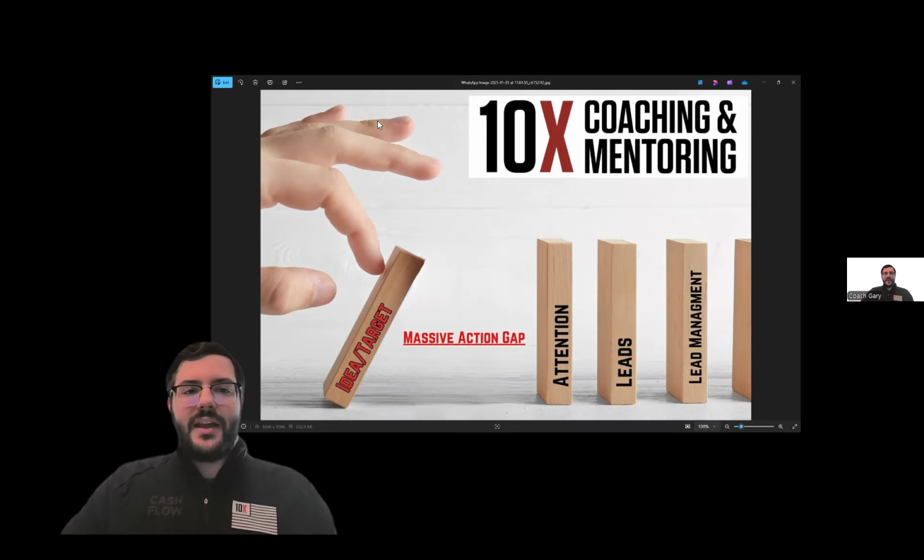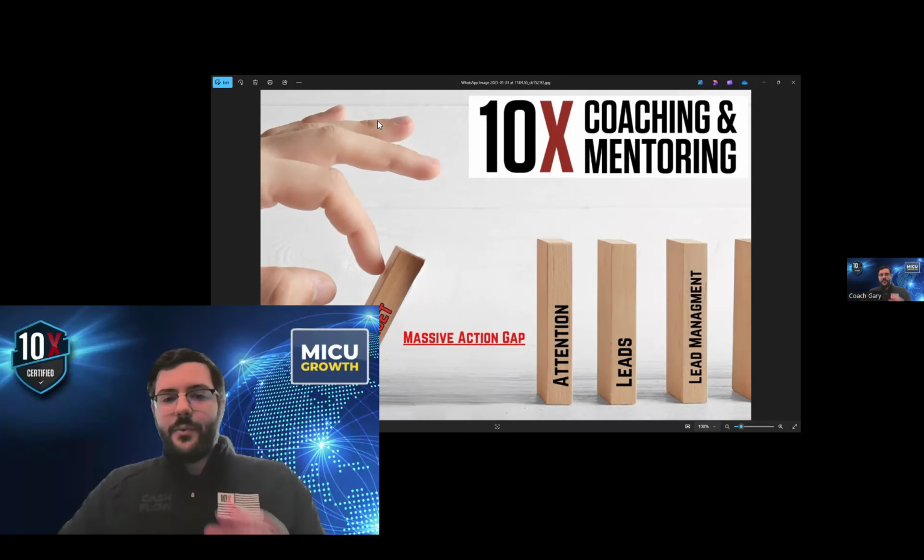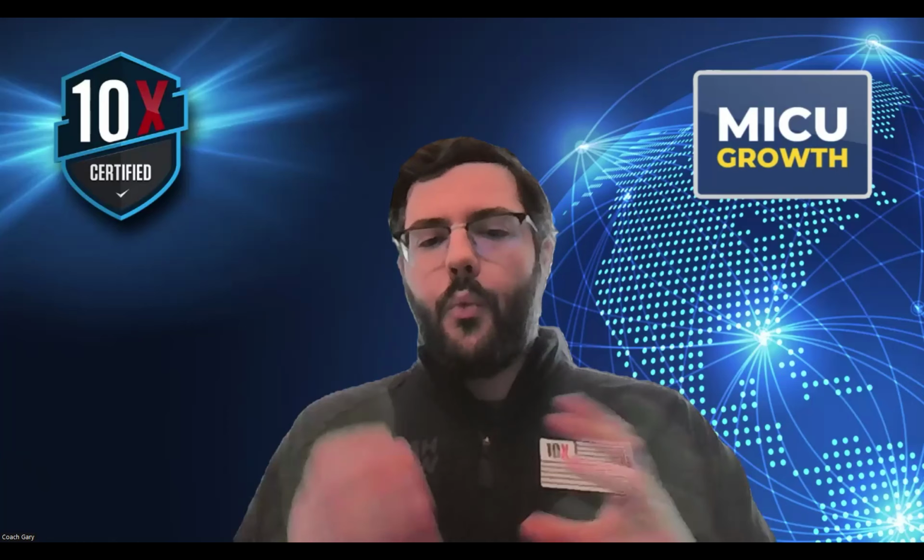Okay, these are the dominoes. Get it now. See why it's impacting me. What do I do about it? Well, we've got something simple for that too. What you want to do about it is put more action behind it and make sure your targets are so finite, so detailed, that there's no question of what to do next.